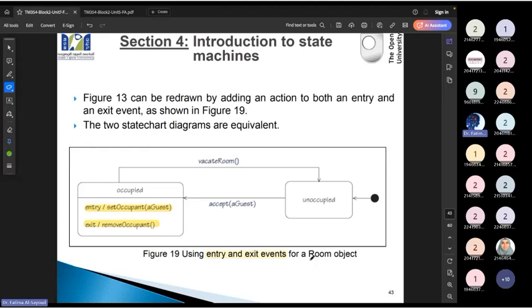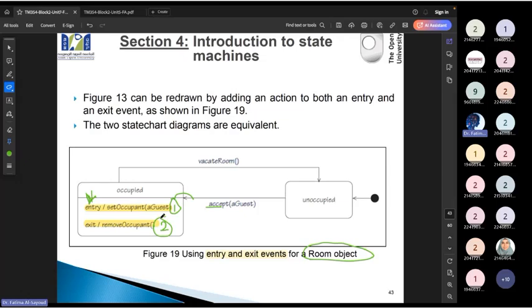I'm going to get back to this one. So when we are back now to the first example about a room object, الغرفة راح تنتقل من حالة أن هي مش محجوزة إلى أن هي محجوزة. Okay. Whenever I accept a guest internally, داخليا في داخل الأوبجكت اللي من نوع الروم, I'm supposed to do two things: set the occupant and remove the occupant.